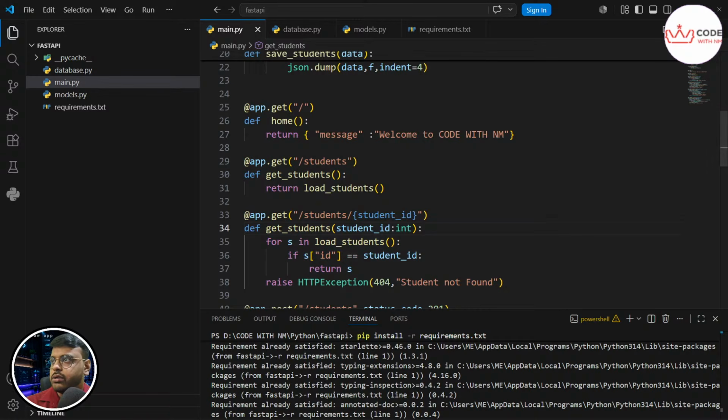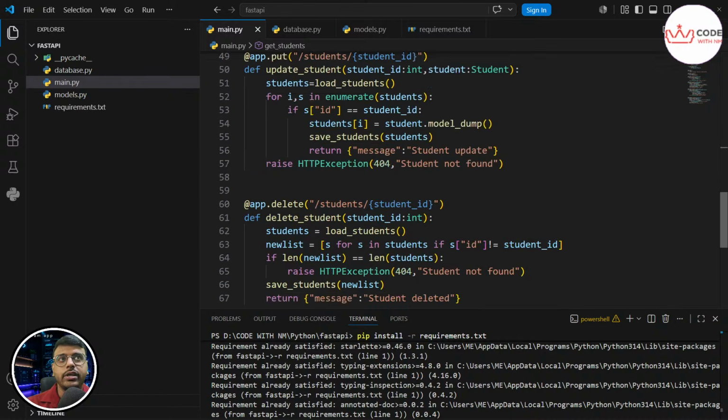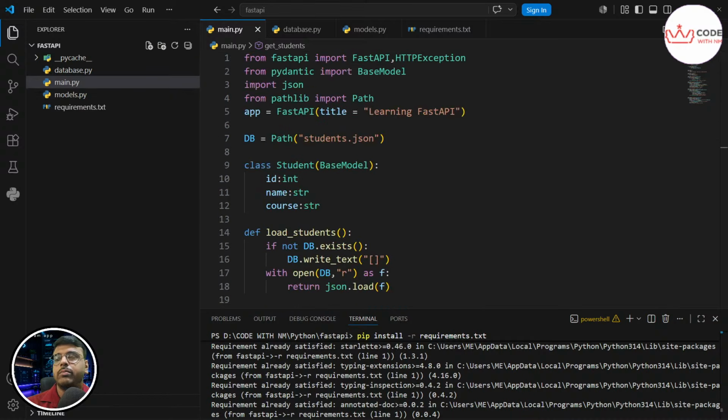Okay, so now we need to convert this one file project into multiple files, means multiple structure. So what makes it easy to do it? So first thing first, while dividing your project into multiple files or multiple structures,